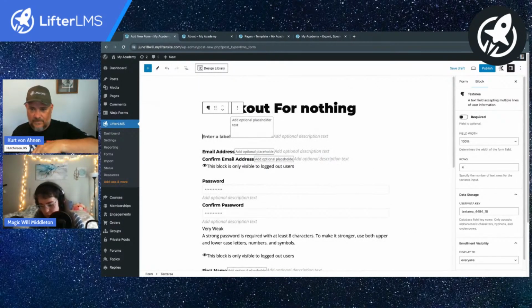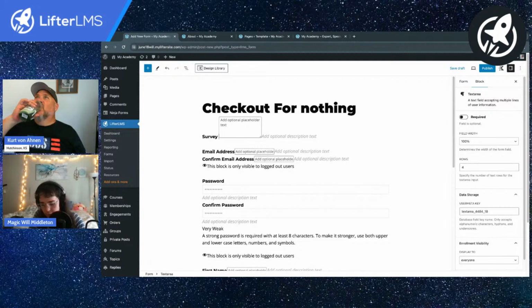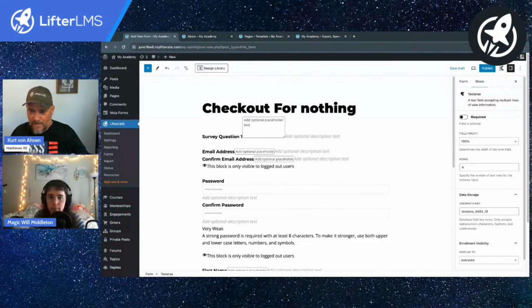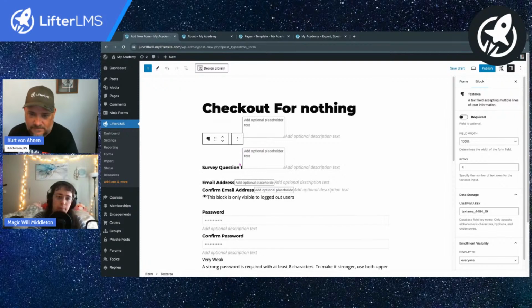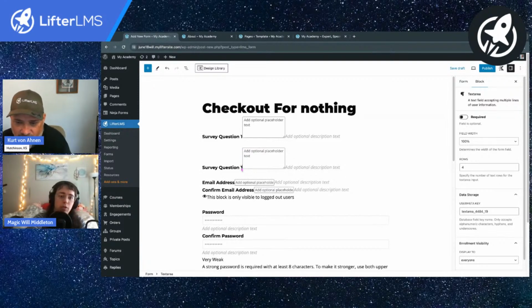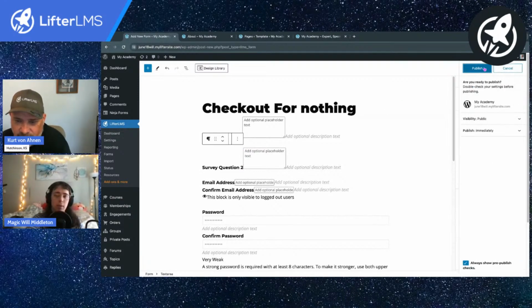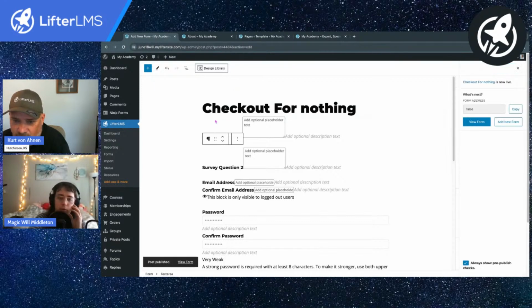This would be called survey question 1. And then I would just duplicate this, so you'd have survey question 1 and survey question 2. I'd recommend getting deep into this only because we're really trying to customize the experience a lot. My recommendation is always go for the simplest route, and that's not this.